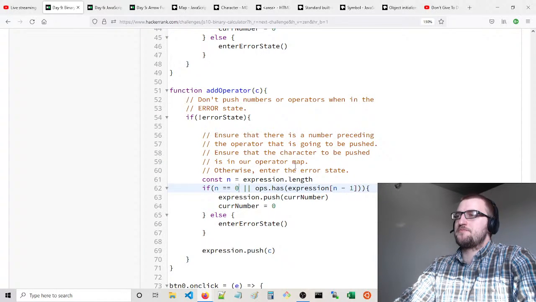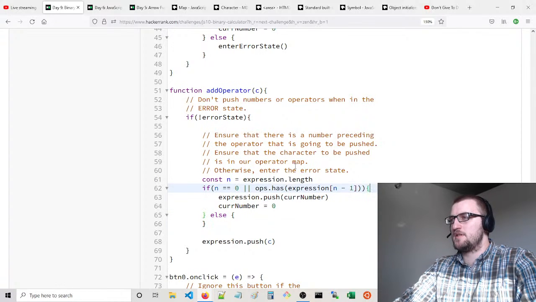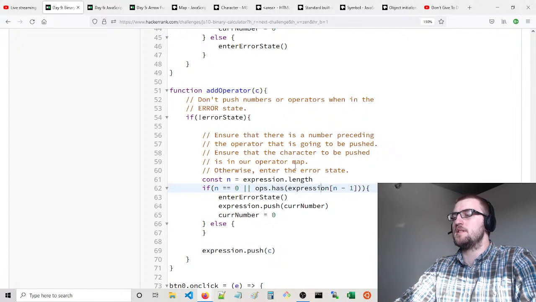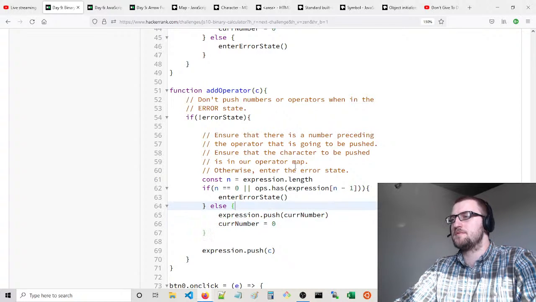So if there are no numbers, so actually it's exactly the opposite, right? So if it's the first element, then we enter the error state, or if the last element is an operator, then we enter the error state, right? Yeah. And because we're expecting a number, we also